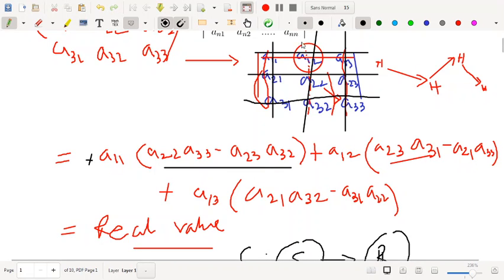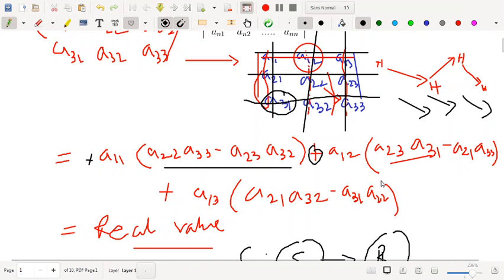And next, the intersection element is A12, that is you are considering first row, second column. So A12 is the intersection element, and in this case you have hell to heaven. So, you are considering A21 into A33, that is why this comes first. But if you want to keep the minus sign here, then in that case all the things will be heaven to hell, heaven to hell, heaven to hell. In that case you put a minus instead of a plus sign. Okay. So, this is how you will expand the determinant.